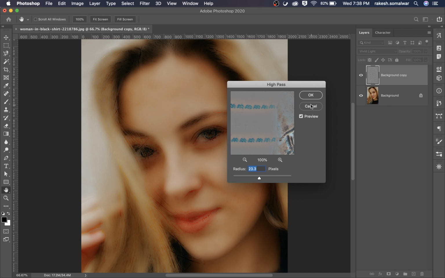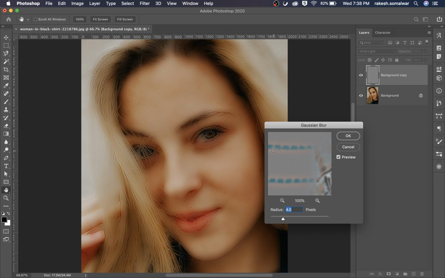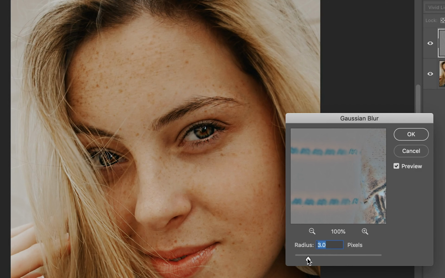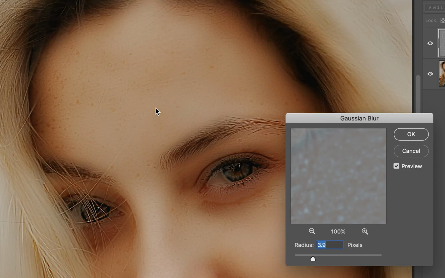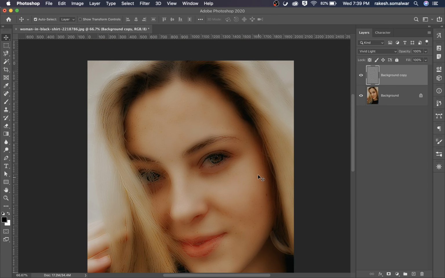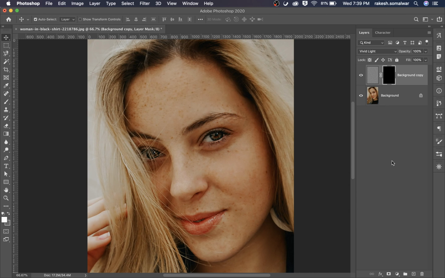Have a look, you can check, and after that go to filter again, Gaussian blur, and you can adjust the amount near 3 to 4 according to your image softness. If you are satisfied with your amount, I think 3 is proper. So I applied it and I just click on mask. If I click, it comes with white. Press Alt and click, it comes with a black filled mask.